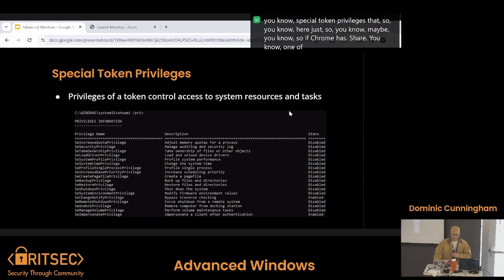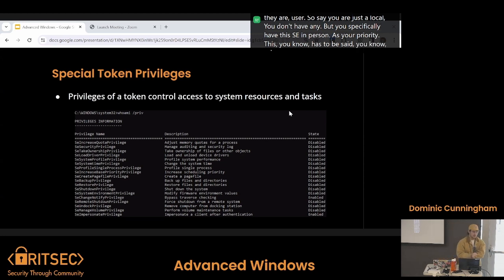One of the most notable permissions here is the SE impersonate privilege. Like I said, with impersonation tokens, the SE impersonate privilege is going to allow you to impersonate any client after they've authenticated, even if they are an underprivileged user. Say you are just a local user and you don't have any permissions, but you specifically have this SE impersonate privilege as your primary token. This has to be set prior by an administrator to your specific user